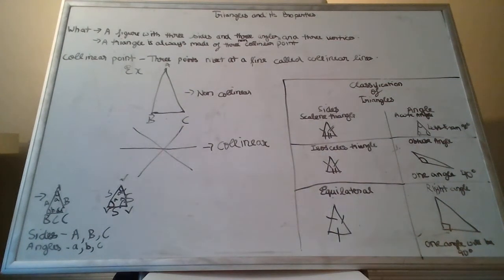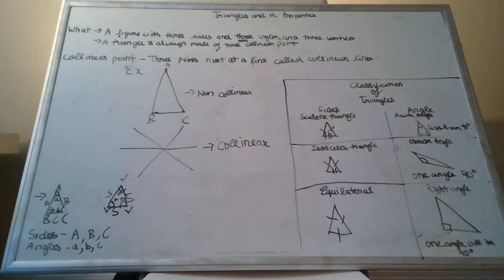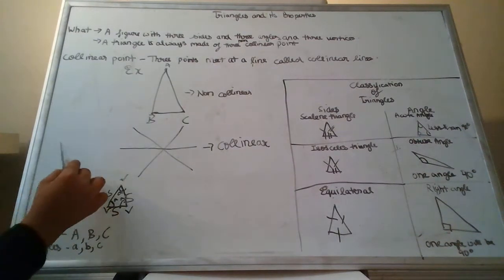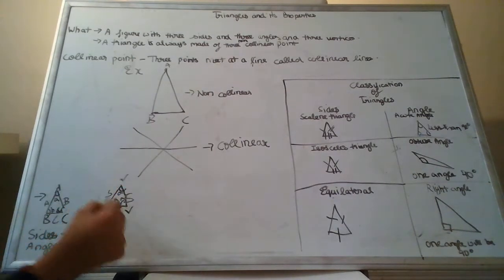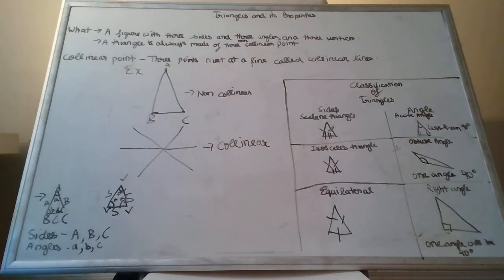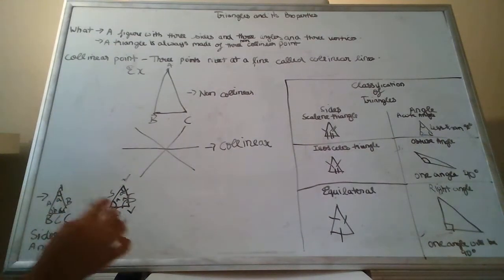Now let's look at what the three sides, three angles and three vertices are. Here you can see two figures, with A, B, C in each. The angles are in small letters and the sides are in capital letters. These are called the sides of the triangle. The ends of the triangle are called the vertices, and the inside parts are called the angles. How big the triangle is depends on its angles. So this is how you can define it.